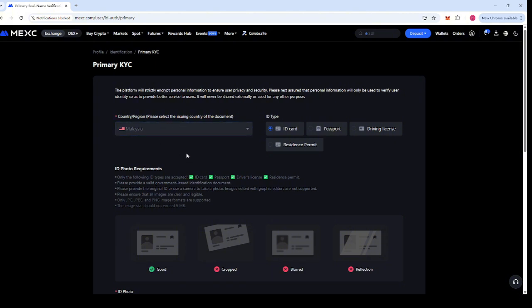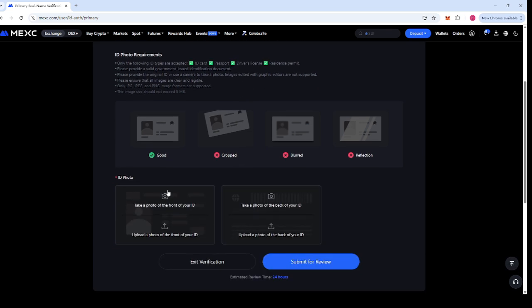So for the primary KYC, you have to select the country or region of your issuing document and the type of your ID. So I will put in ID card and just upload it here.